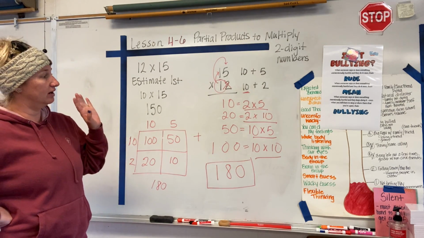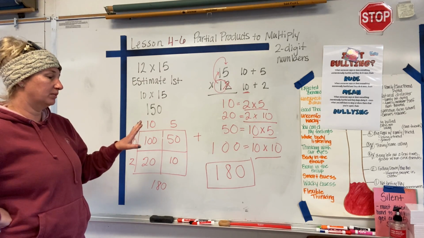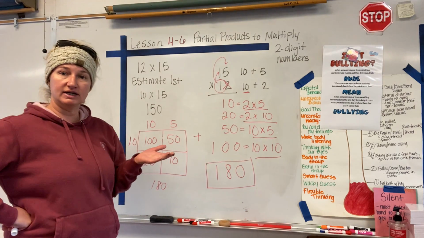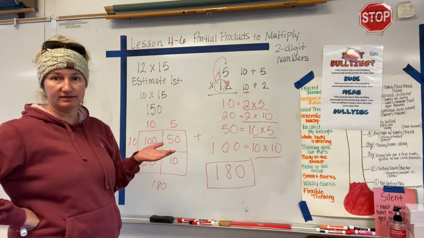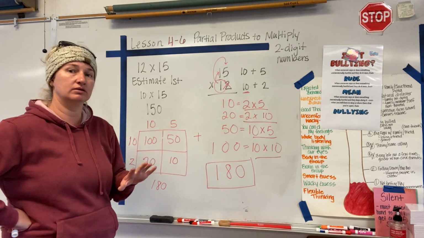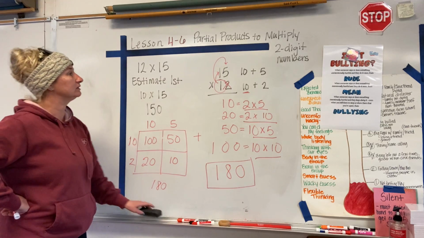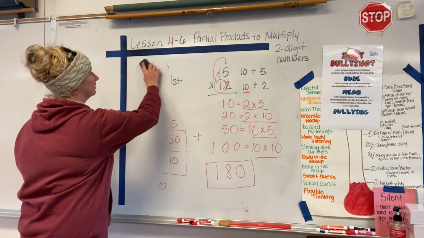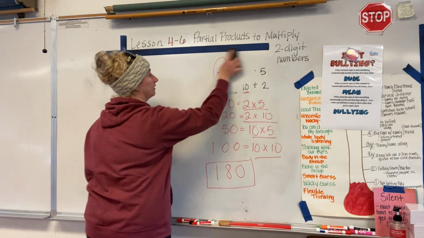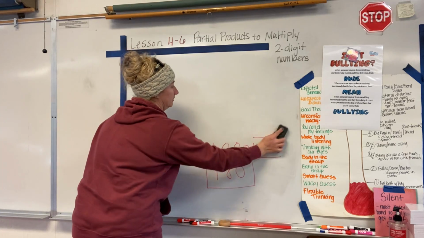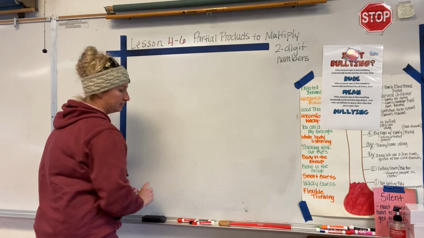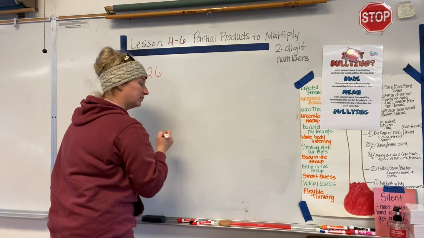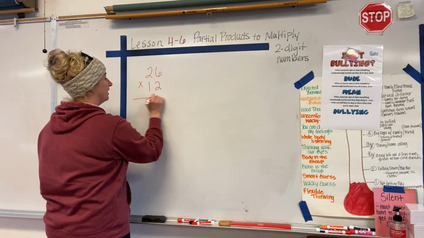Okay, so I'm going to do another one as an example. I'm going to do the bottom of page 150. There's a problem there that has some incorrect answers, and we're going to look at that, see what's wrong, and fix that problem. So I'm going to erase this. Okay, so the problem at the bottom of page 150 is 26 times 12, and then they put the partial